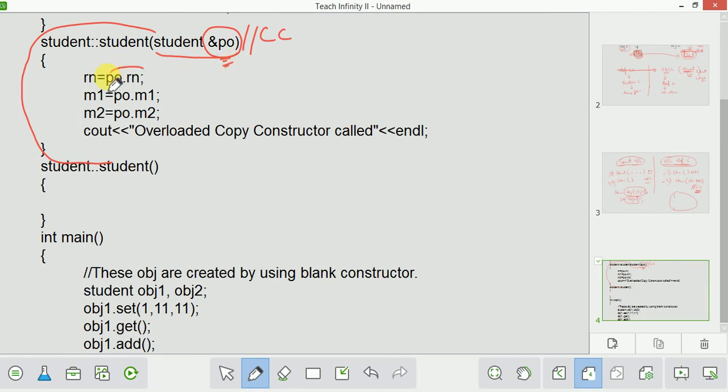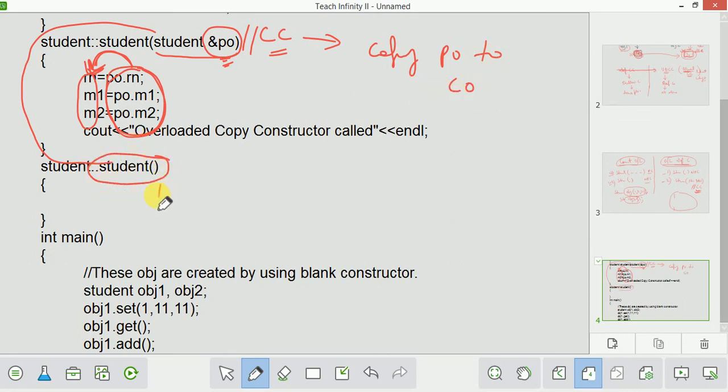These are the variables of the calling object, and these are the variables of your passing object. You will copy them to the calling object. This is what you will do inside the copy constructor: copy the passing object to the calling object. And this is your second constructor, the non-parameterized constructor or blank constructor.